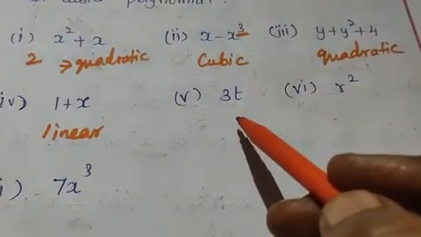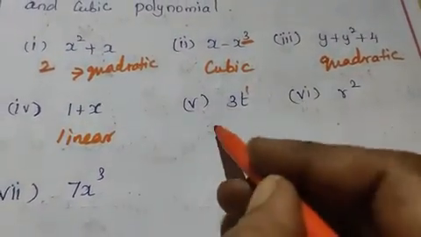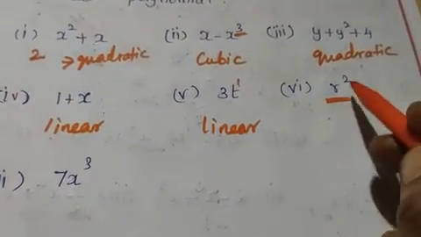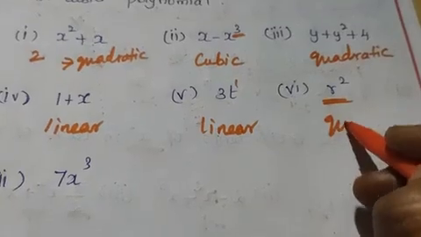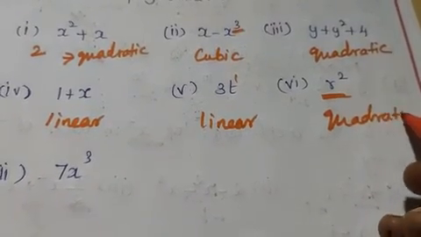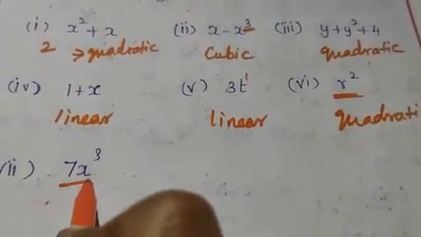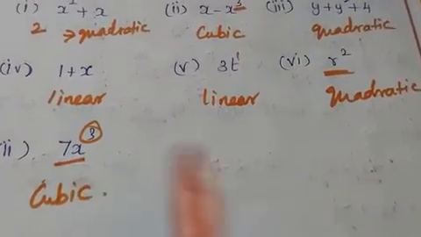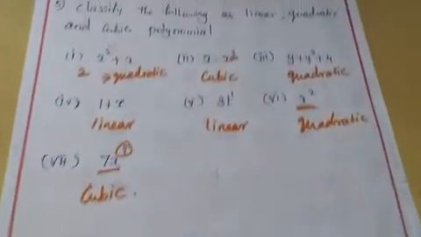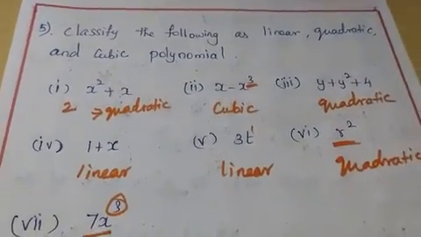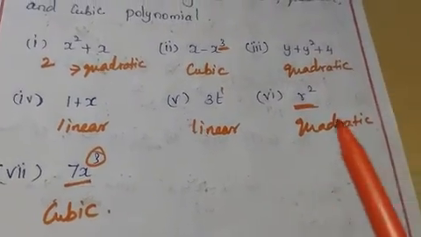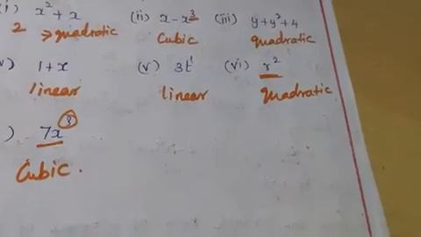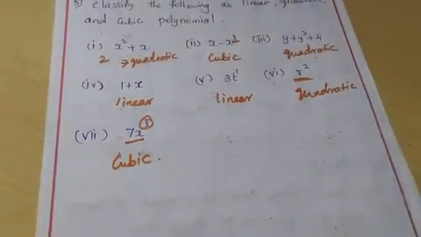And what about the degree value here? Yes, it is 1. So it is a linear polynomial. And here only one term, that too of degree 2, then also it is a quadratic polynomial. And here one term but the degree is 3, so it is a cubic polynomial. So the number of terms does not matter, but we have to check the degree value. If the degree value is 1 it is linear, 2 means quadratic, and 3 means cubic polynomial. I hope the first exercise is clear for you.